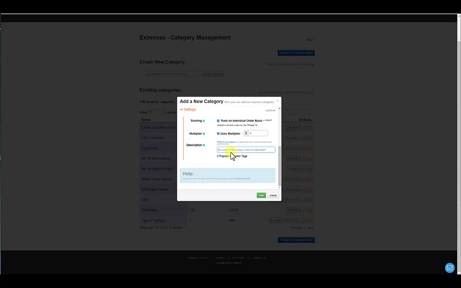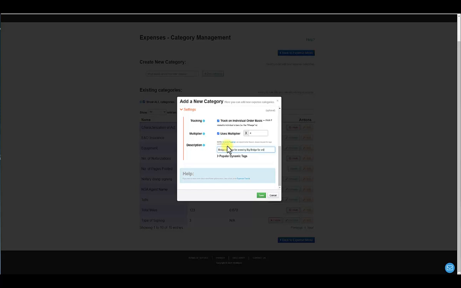And now this is a little scary for non-tech savvy, but don't be scared of it. It's called popular dynamic tags. So right here, what you type is going to show up on the individual order summaries when you run a report on this expense category, or you run a report on all your expenses. This is itemized. This is what's going to show in the description line. So this would be, let's say, make something up, bridge expense for crossing Big Bridge